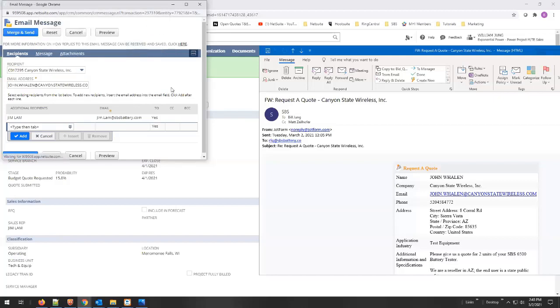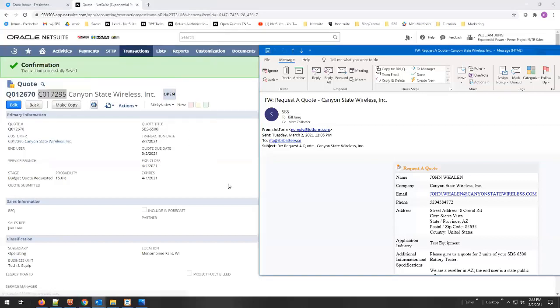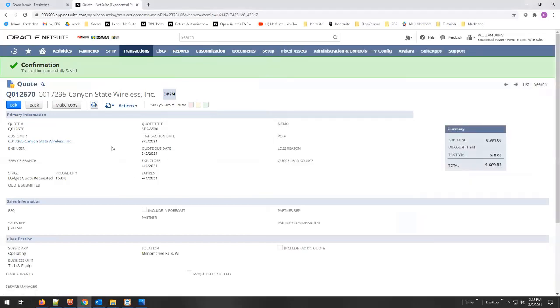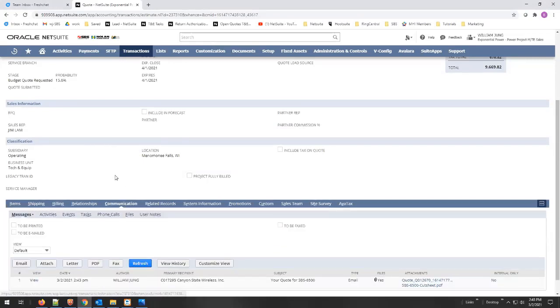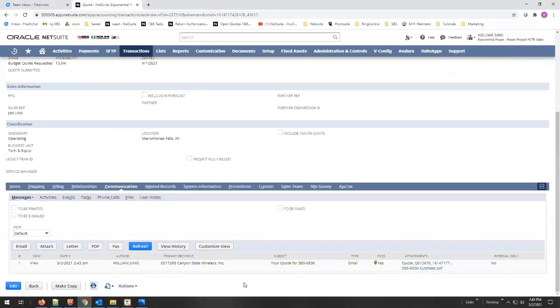I hit a key by mistake there on my keyboard, which is why I got that message. You wouldn't normally get that message. And now we can check to make sure everything went according to plan, since I got that little pop-up, but it's a good idea to check anyway. If we click on the communication tab, we'll see all communications with the organization and the contacts within that organization. So we can see there were 2 attachments,